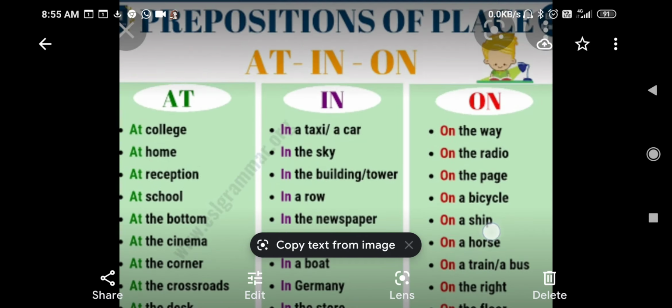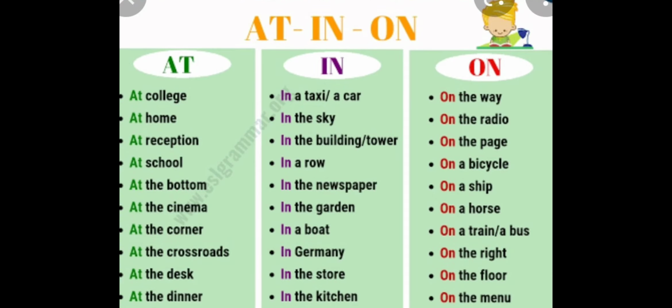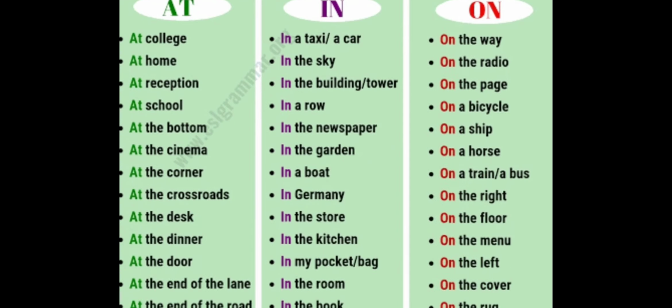हाँ, for example ये prepositions of place हैं, जो जगह दिखा रहे हैं: at, in और on। आपको खुद ही समझ में आएगा कि difference क्या है। मुझे explain करने हैं, डोंट वरी। अभी तो मैं definition पर ही हूँ। At college यानी कि कॉलेज पर, at home घर पर, at reception यानी कि रिसेप्शन पर, at school स्कूल पर, at bottom नीचे, at the cinema पर, at the corner यानी कि कोने पर, at the cross